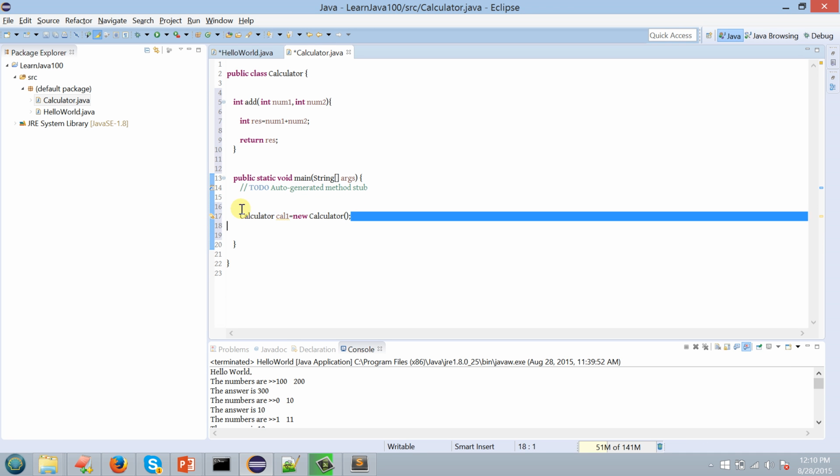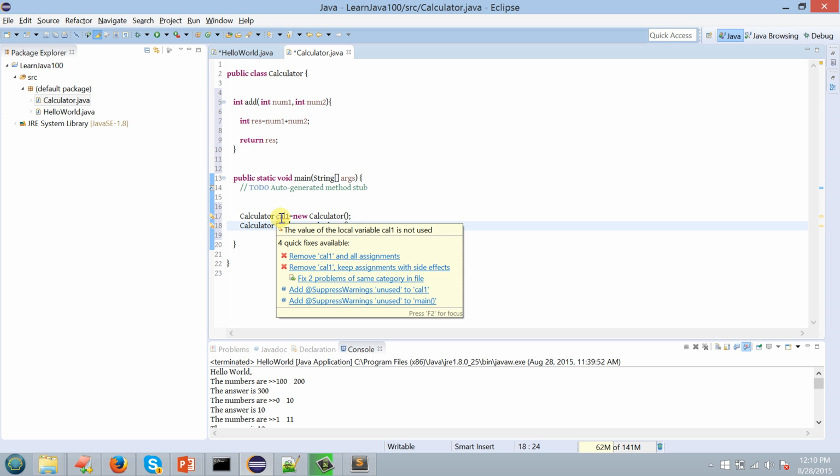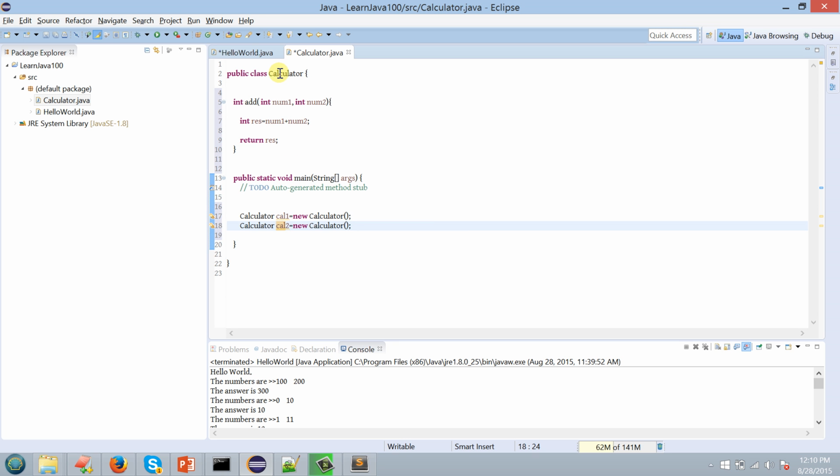For example, with Calculator you can create one more calculator also. So this is a second tab kind of thing, right? So we have created two copies. Objects mean copies of a class program. So the copies of a class program are called objects. Just think about that. Class is a blueprint. With a class alone nothing will work. But when you create an object, it will have life. Life means it will occupy memory, right?